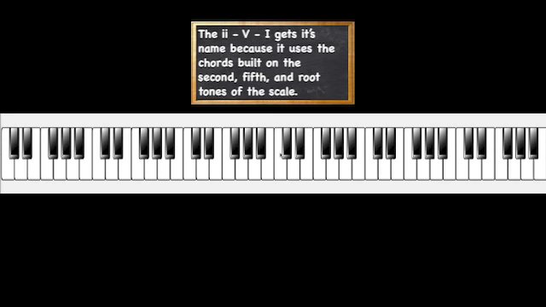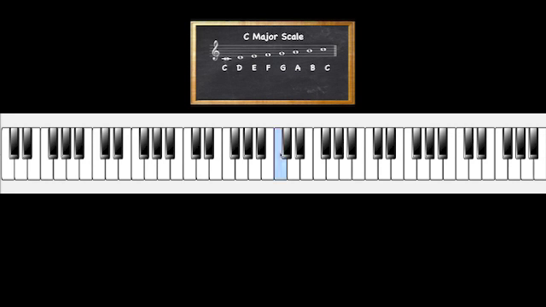Now, the 2-5-1 gets its name because it uses the chords built on the second, fifth, and root tones of the scale. Let's take a look at the C scale. We have C, D, E, F, G, A, B, C, the C major scale. And if we put those to numbers, we have 1, 2, 3, 4, 5, 6, 7, and then back to